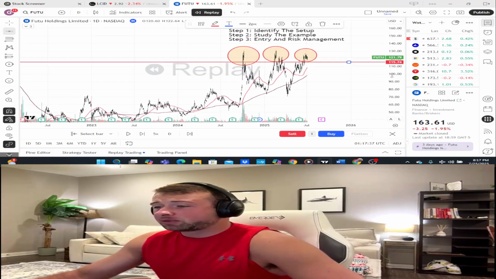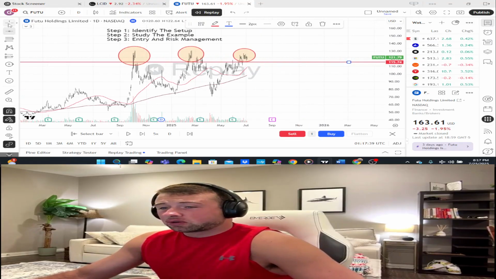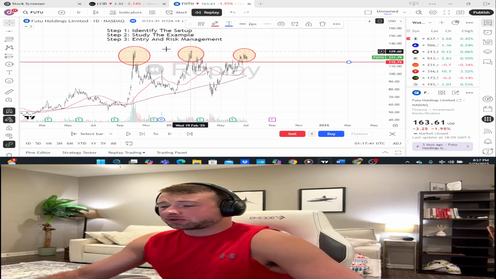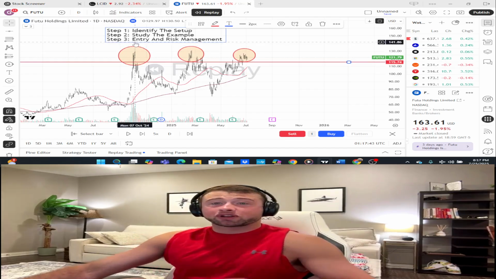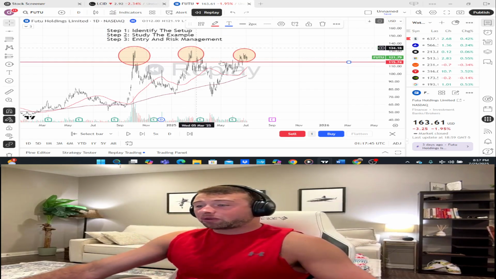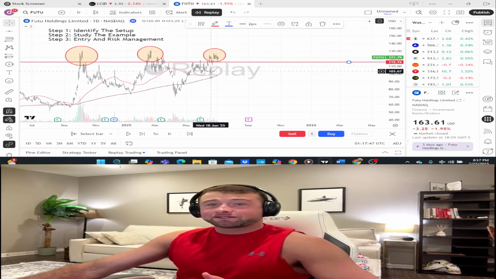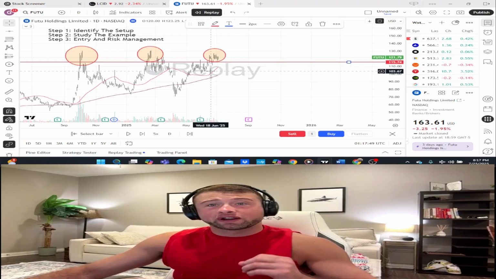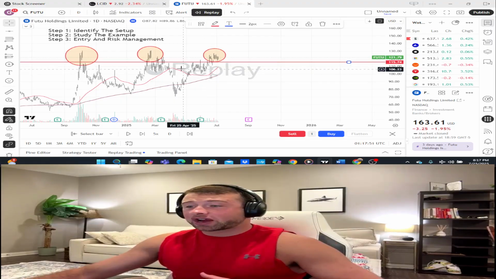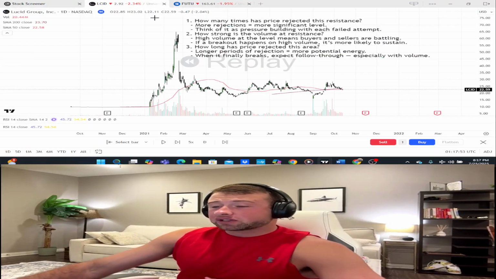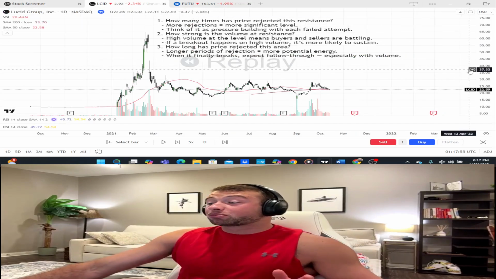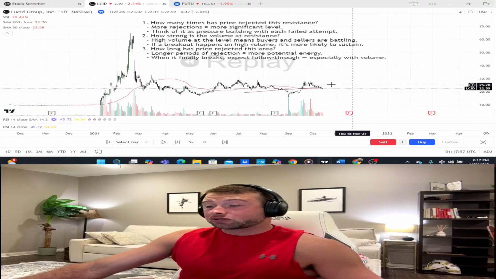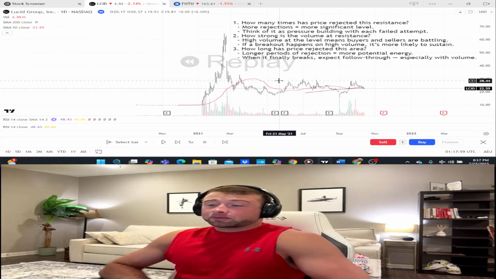Okay, now why did we take this trade? Well, let's come back to it in just a minute when we go over step 3 with our entry and risk management. How we took this trade and secured a 5R profit overnight through this ascending triangle breakout right here. Let's get into Lucid, the second example, before we break down the entries and risk management. Okay, Lucid